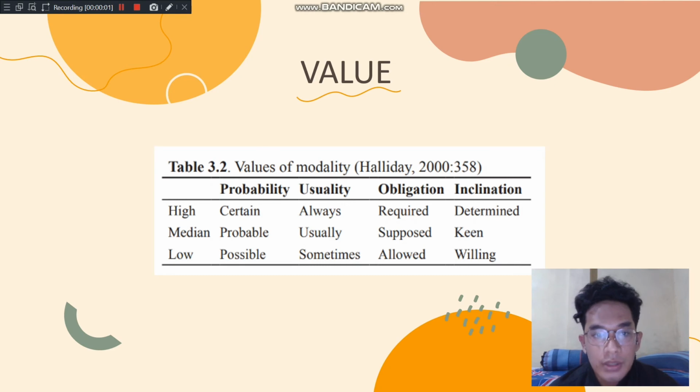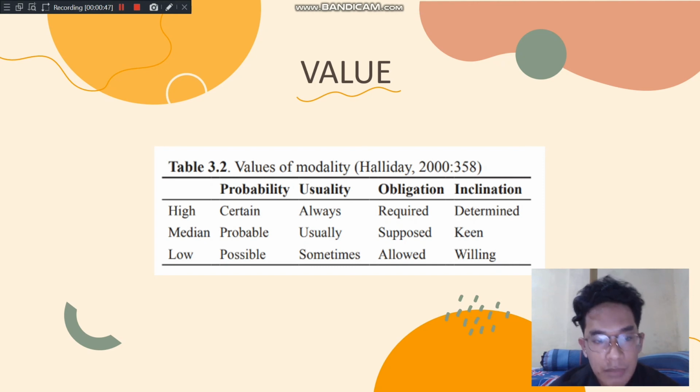The next is value. As you can see, there is a table according to Halliday. Based on the classification of modality, modality is further given three values: high, medium, and low, which is shown in the table. Generally speaking, all modal expressions are able to convey different degrees of modality meaning in terms of values. For the finite modal operator, it is much clearer to observe. For the above two figures, for example, when expressing the meaning permission,